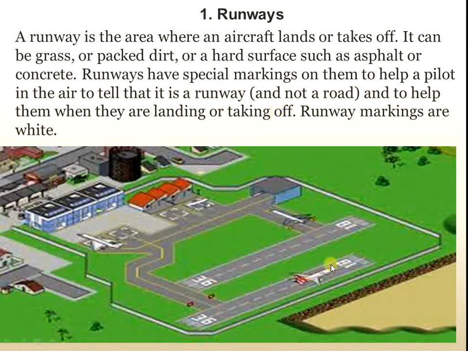Here you can see that this is the runway. In this picture you will see that one aeroplane is in takeoff position. There are two runways, first and second. This is the taxiway, this is the shelter or apron, and this is the terminal building. This runway we have to construct with either asphalt or concrete road, but generally it is asphalt, and it is a very hard surface.